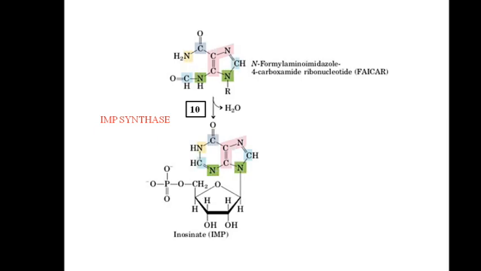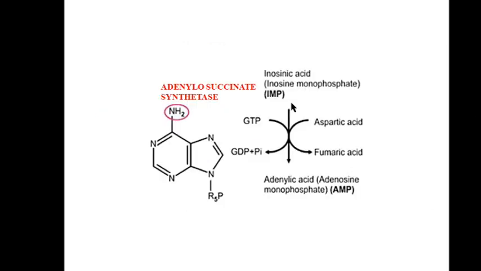And the last step of the synthesis of IMP is from FAICAR to IMP. It is via IMP synthase with the removal of a water molecule. Thus our purine ring is ready in the form of inosine monophosphate. Now let us look into the formation of adenine and guanine nucleotides. The inosinic acid or inosine monophosphate is going to get converted to adenosine monophosphate or adenylic acid. It is not directly converted to adenine, but is always in the form of nucleotides. I told you the nucleotides are synthesized in the purine biosynthetic pathway. So there it requires a molecule of aspartic acid, and the fumaric acid gets released, and it is a GTP requiring reaction. Thus there is a formation of AMP.